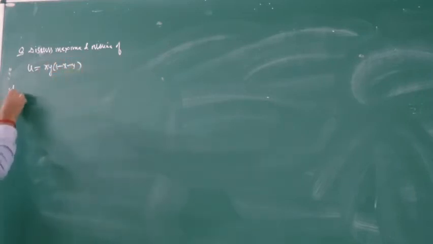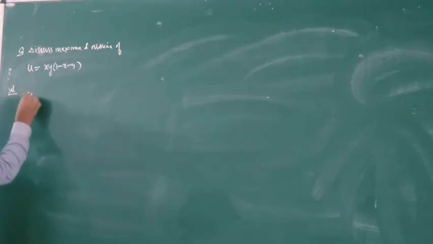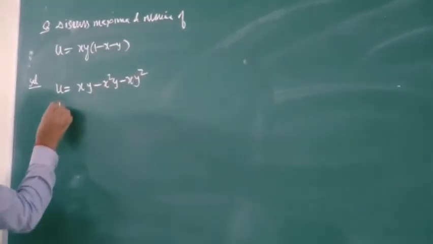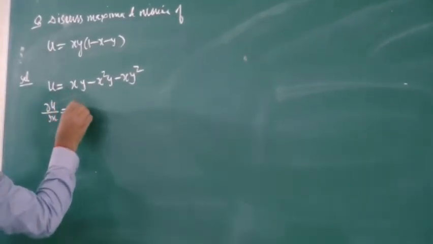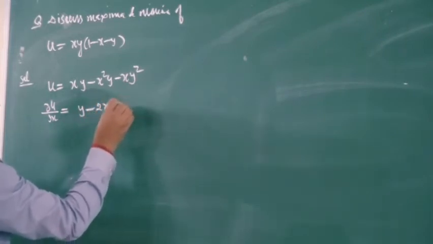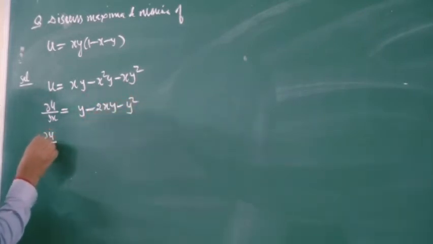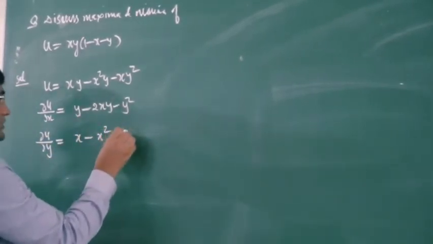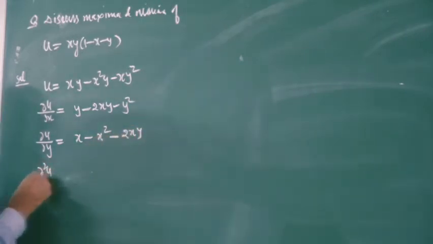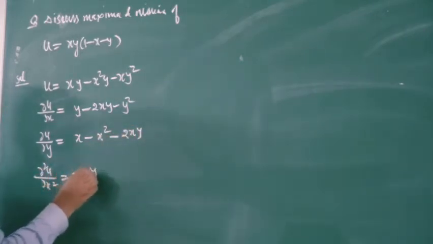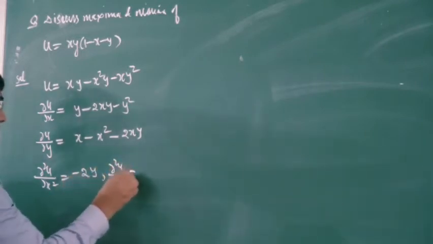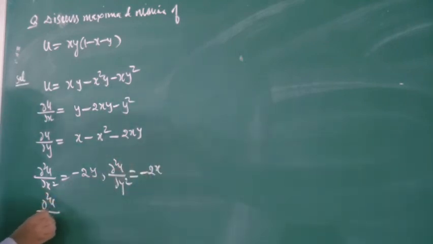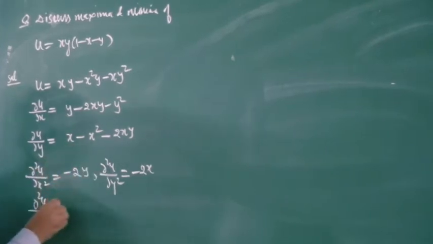So our solution: we can write this u as xy minus x square y minus xy square. So your partial derivative with respect to x will be y minus 2xy minus y square, and with respect to y will be x minus x square minus 2xy. Then your double derivative with respect to x will be minus 2y, double derivative with respect to y will be minus 2x, and the mixed derivative first with respect to y, then with respect to x will be 1 minus